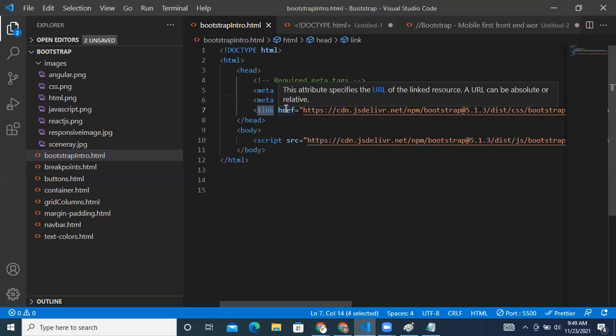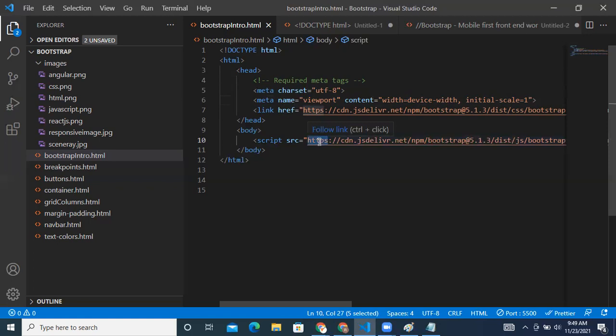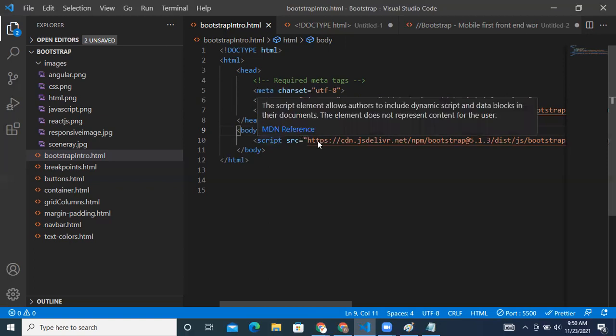And this is the link that we'll be using for the CSS bundle, and this is the link we'll be using for the JavaScript bundle. You may ask why JavaScript? We have not even started with JavaScript, right? The reason is that there are some functionalities Bootstrap uses, and those JavaScript functionalities are already inside this bundle.